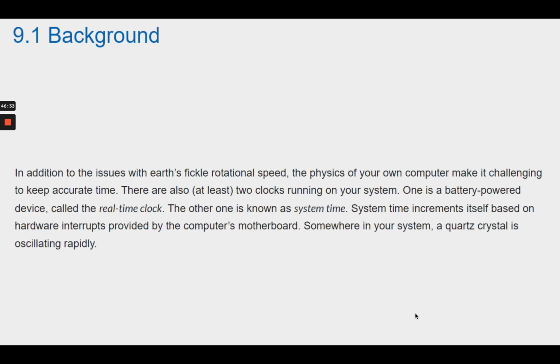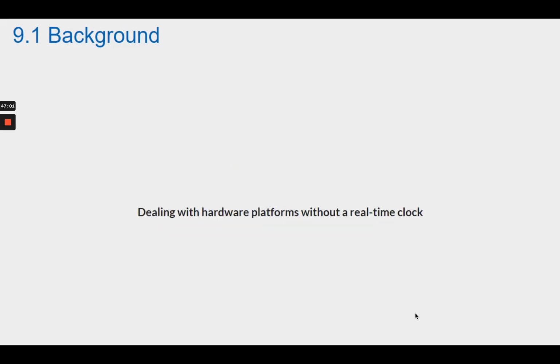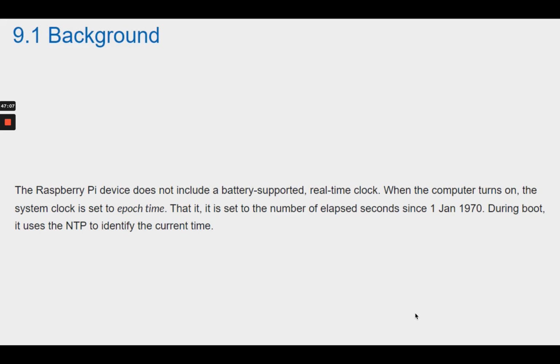In addition to the issues with the Earth's fickle rotational speed, the physics of your own computer make it challenging to keep accurate time. There are also, at least, two clocks running on your system. One is a battery-powered device called the real-time clock. The other one is known as system time. System time increments itself based on hardware interrupts provided by the computer's motherboard. Somewhere in your system, a quartz crystal is oscillating rapidly. Dealing with hardware platforms without a real-time clock. The Raspberry Pi device does not include a battery-supported real-time